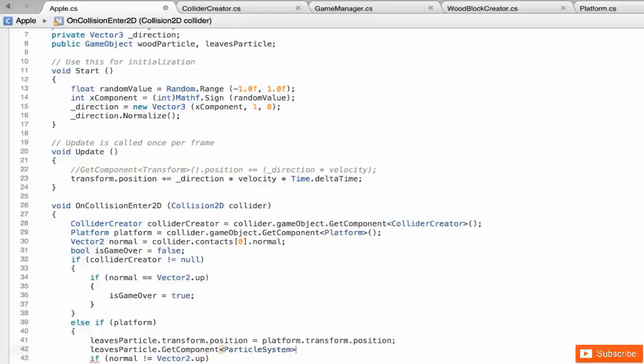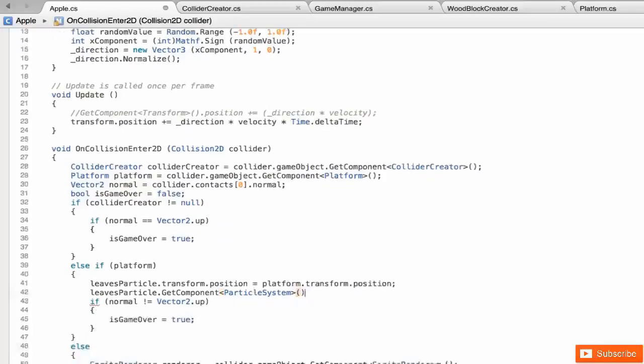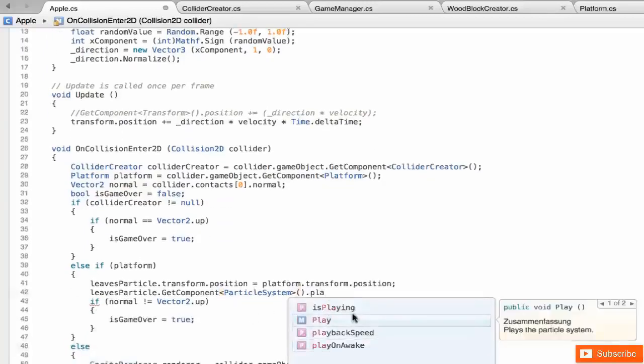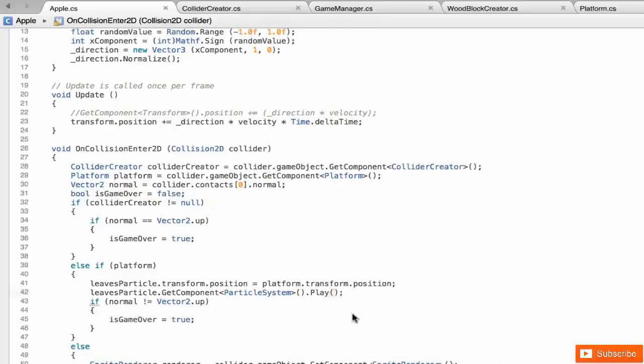How do I know all the names of these components? You just get used to it. If you're coding, if you're practicing, you'll get used to the names of the components, and at some point you don't even need to look at the documentation. You will have all of them in your head. It's just a matter of practicing. So I access this component dot, and there is a method called play. It makes perfect sense, right? So I'm going to invoke this method play, and since it's not looping, I'm just going to play it once